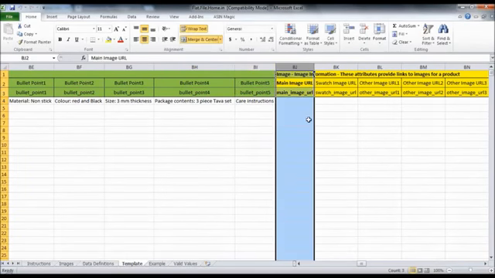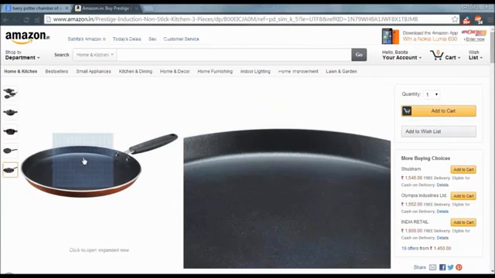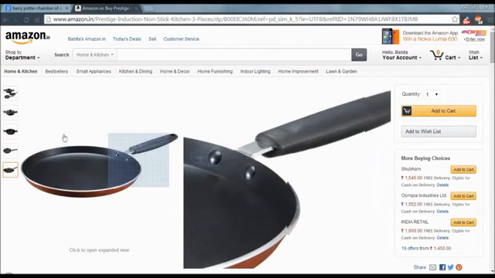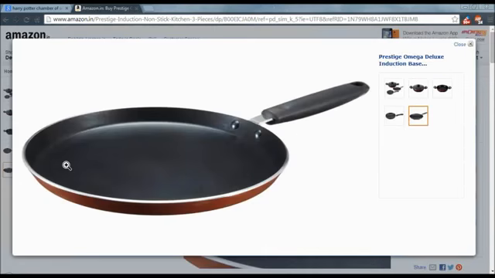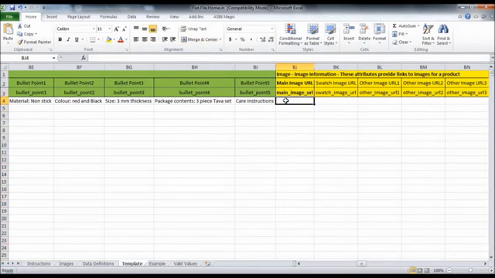Next detail that you'll have to fill in is the main image URL. This is nothing but the main image location that you can give, so the system can add the image from the URL provided. So if your product is there on your own website, all you will have to do is click on the image right mouse button and select the option copy image URL and paste it under the image URL option. Please make sure that the link that you have pasted is always ending with .jpg.